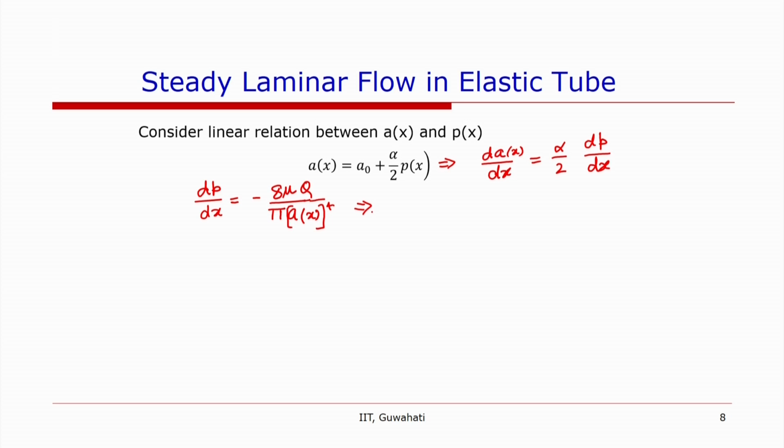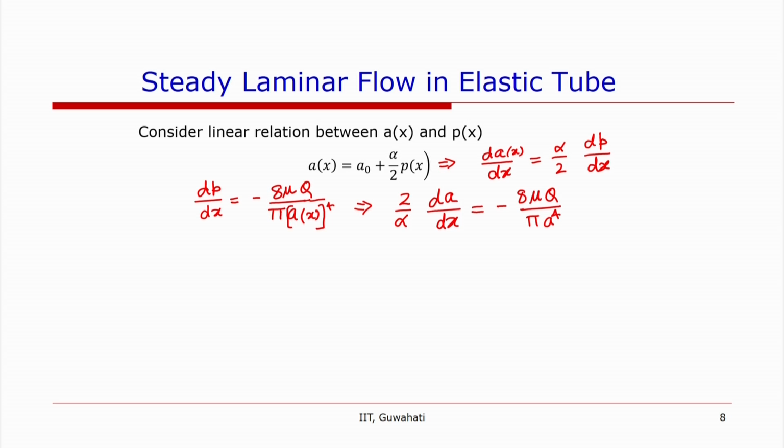So, we will get 2 by alpha dA by dx. For simplicity's sake, we will write only dA by dx, and we will not write A and x in the bracket. So, 2 by alpha dA by dx is minus 8 mu q over pi A to the power 4,